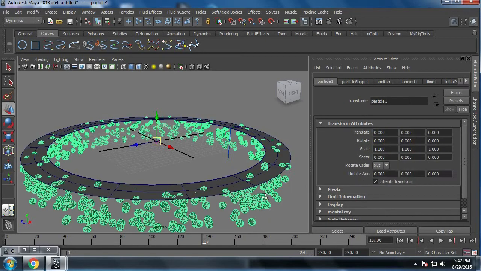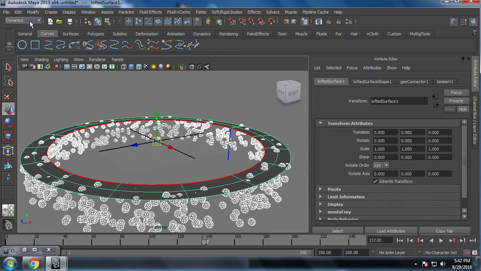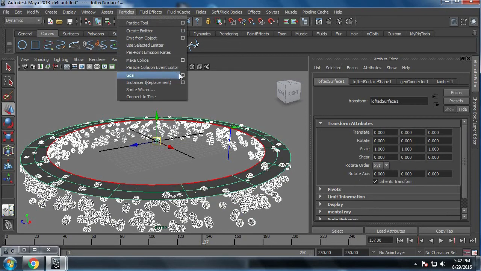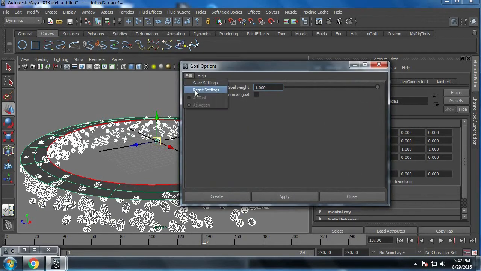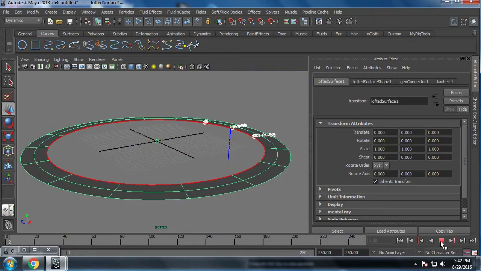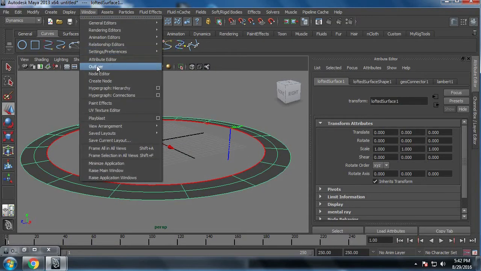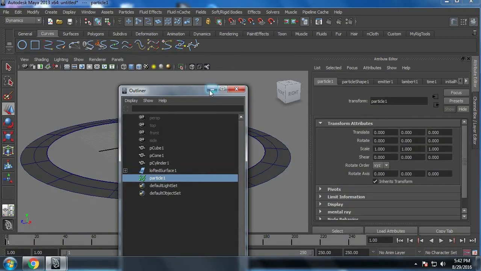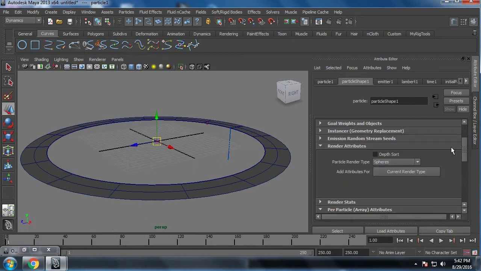What I do is I select the particles and the model and apply goal. I use a goal weight of 1 here and create. Now what you see is the particles stick around the surface along their control vertex points. So I select the particles,